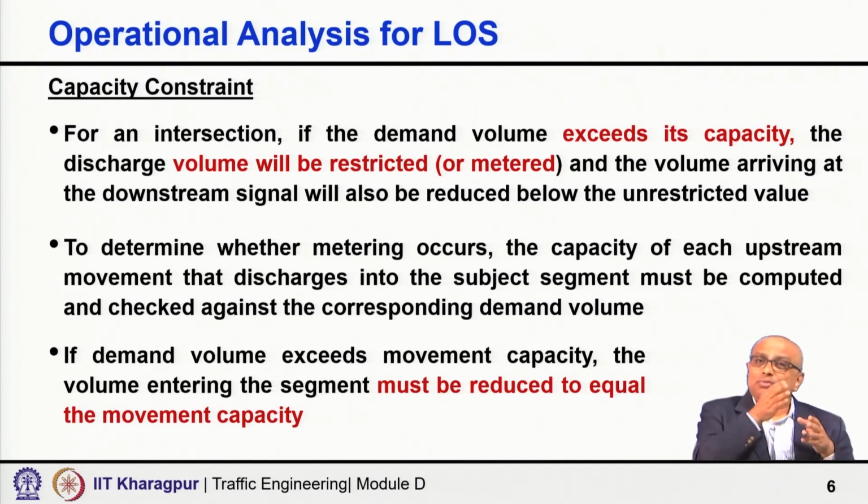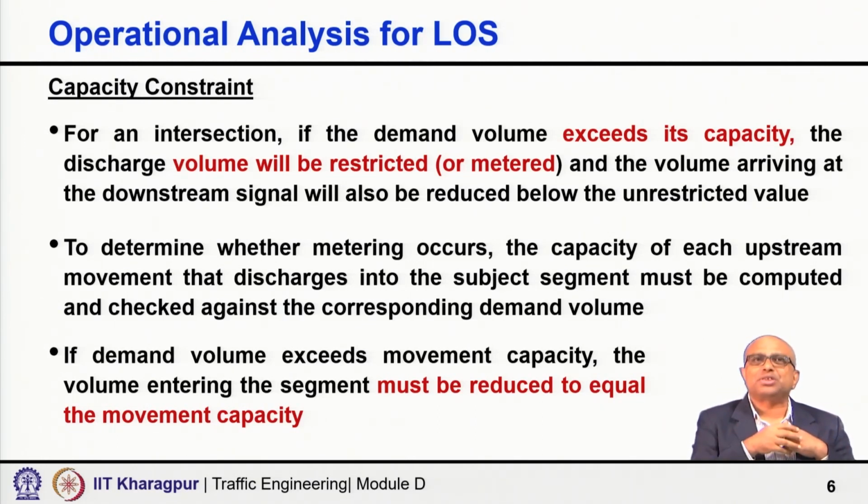And therefore, the volume which is actually reaching that downstream intersection, assuming that it is a signalized intersection, will also be reduced. The actual demand is not reaching that downstream intersection, because the flow is metered at the upstream intersection. So, to understand if the metering is actually happening or the restriction is actually getting imposed, what we need is the